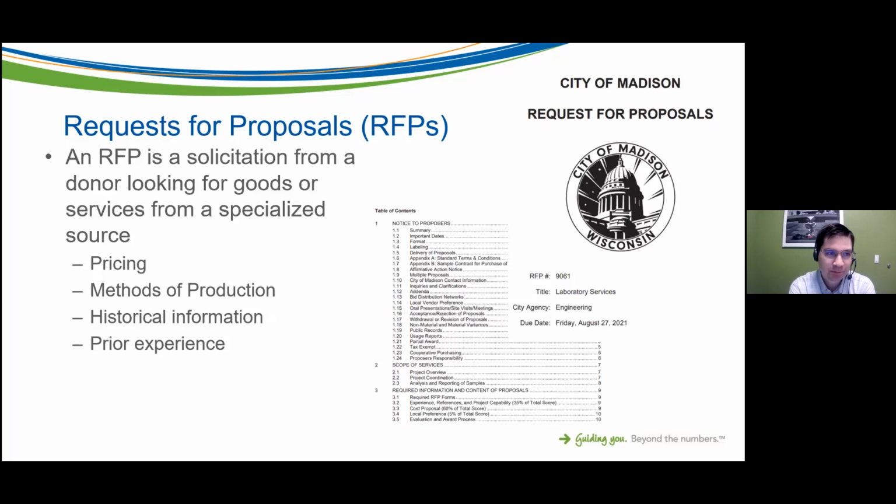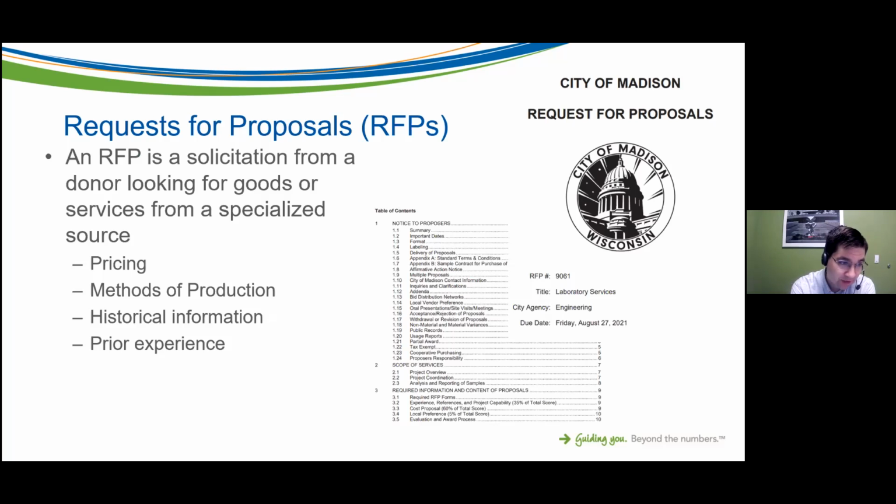Another thing to look for is requests for proposals. You'll often see these with government agencies that are following a budget. It's a request for a proposal. An RFP is a solicitation from a donor looking for goods or services from a specialized source. So for example, if you have that drug rehab clinic, the city may partner with you for detoxification services. That's not something they can provide, but they will look for entities in the community that can provide that service